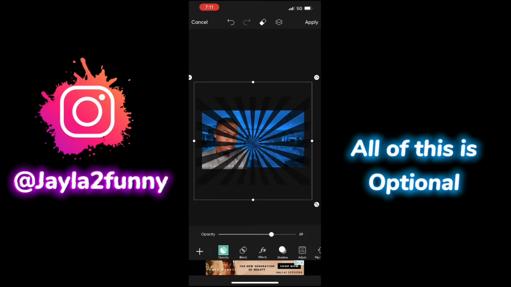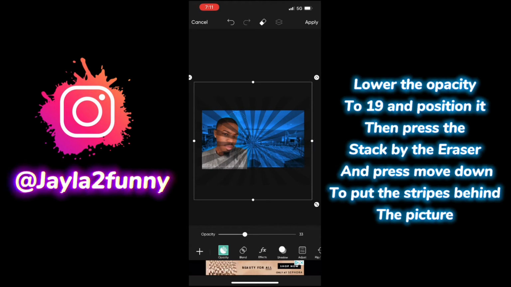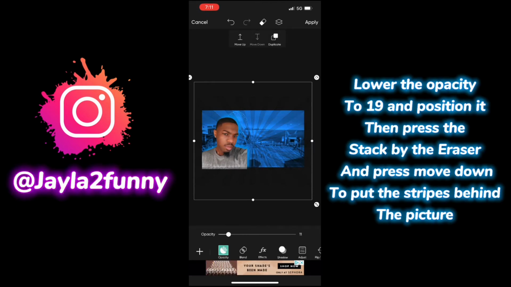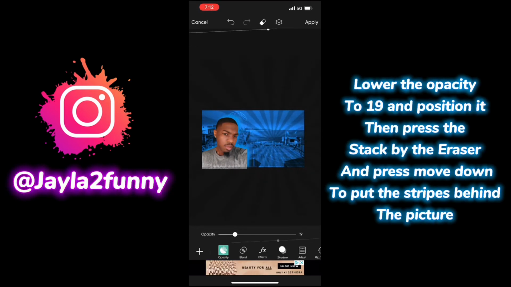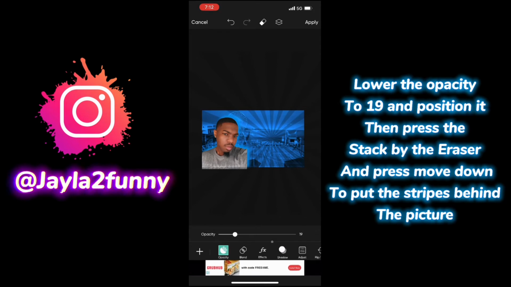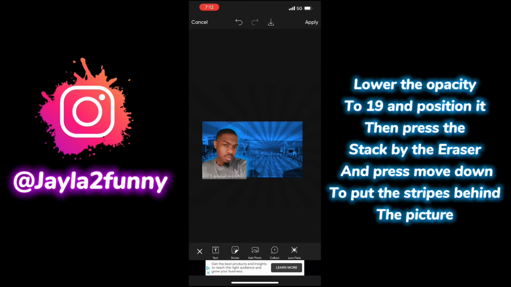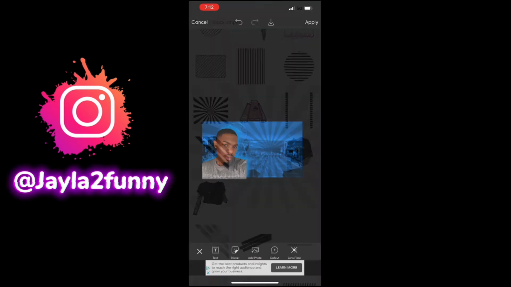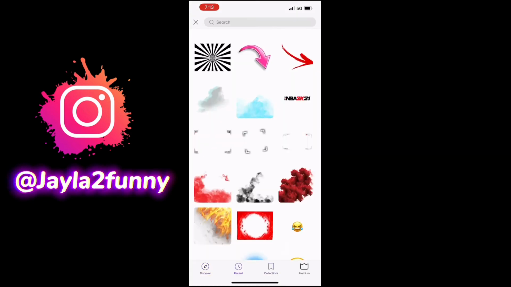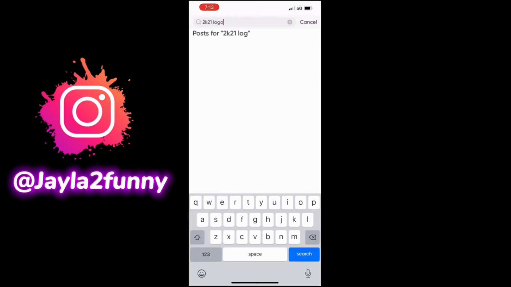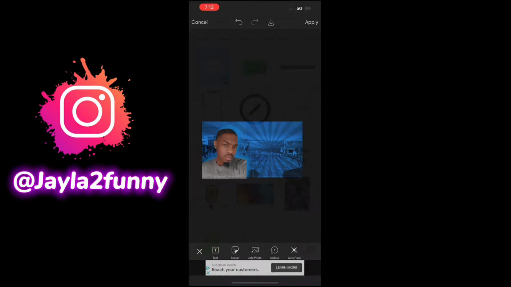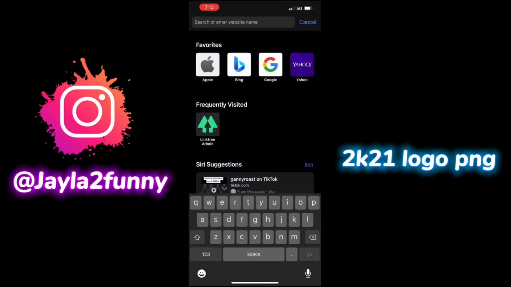So then once you get this, you're gonna click it, open, expand it, the capacity to like 19, and then to make it go behind you or the picture, you gotta click them two double stack, and it's gonna say go down. It's gonna have arrows going up or down, but you're gonna click down and it's gonna go behind the picture. Now what I'm doing now is I'm going to the web, type in 2K21 logo PNG, you know what I'm saying, 21,